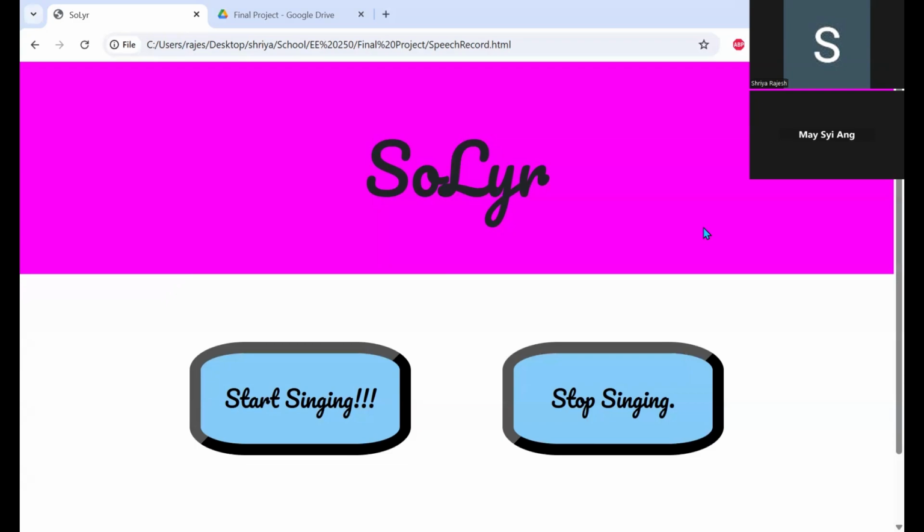So our project is called SoLyr, and the user will be able to sing a song into this, and it will try and figure out what song we are singing and calculate the accuracy of the song lyrics. So our UI is on one node, and we have a microphone that is sensing when a person is singing, and the data that is being transmitted to our other node are the words that we are singing. So here, when the user clicks start singing,